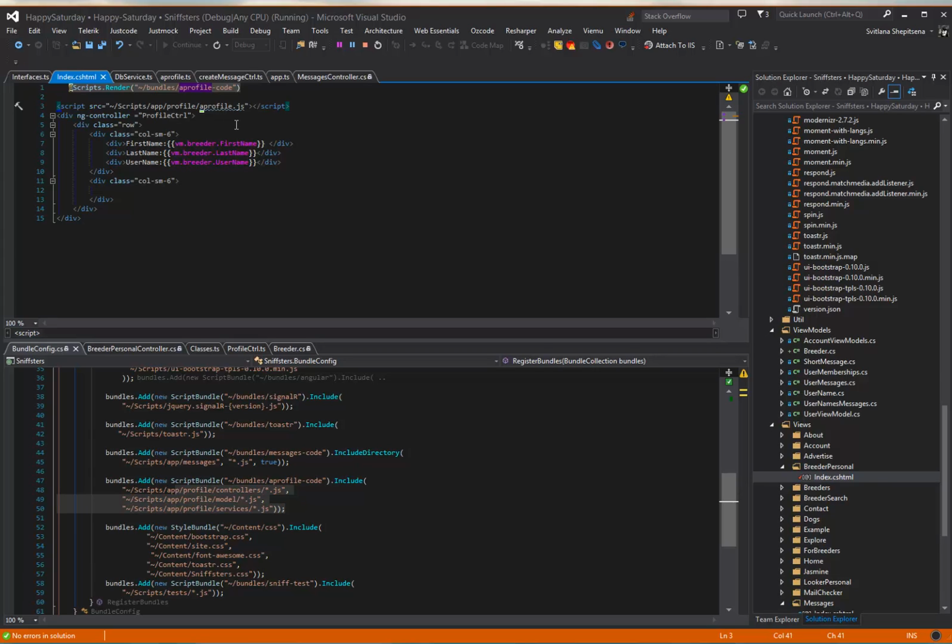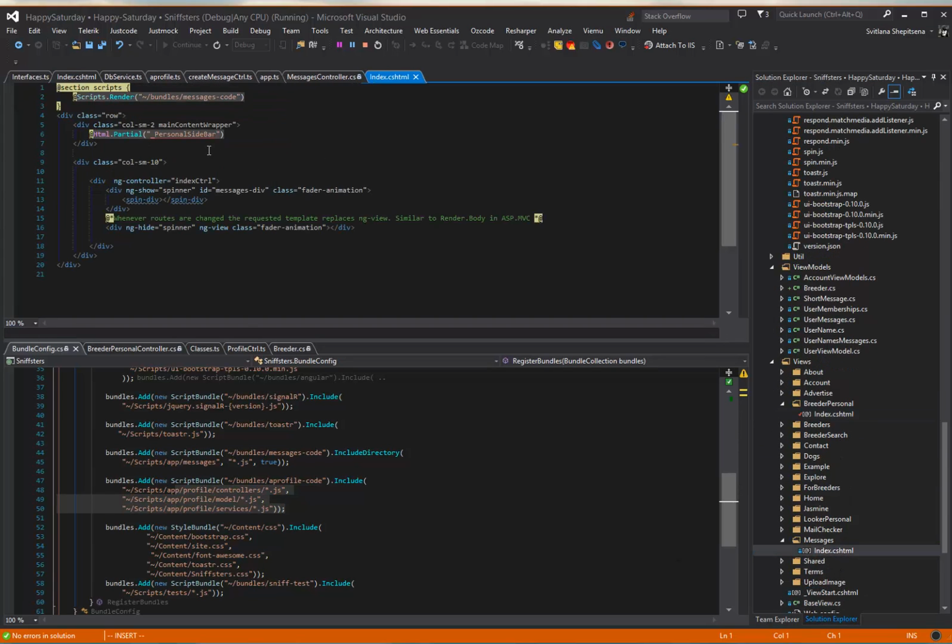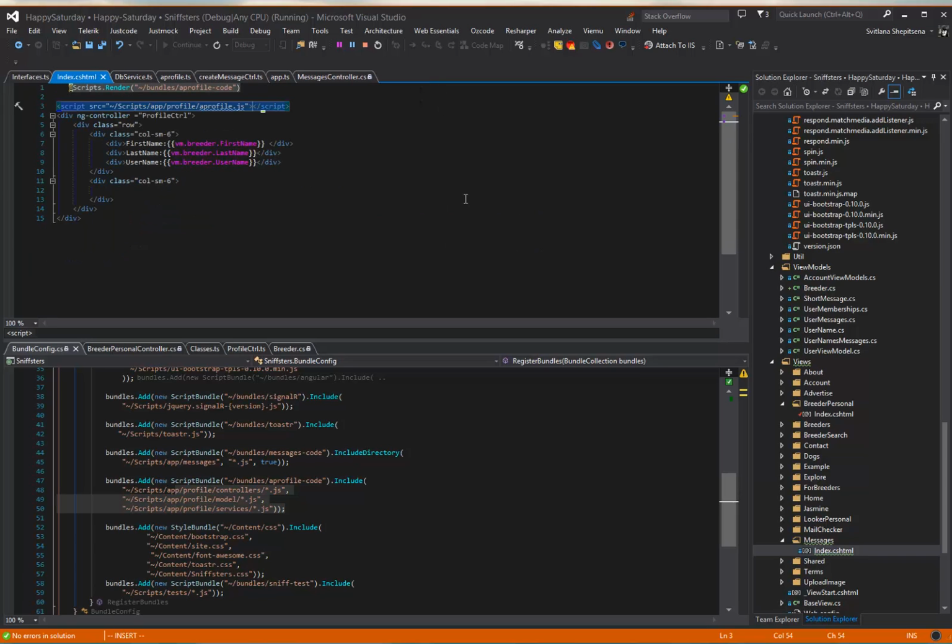Okay, we created this, and if we compare to our index in messages that we did before, we also have our bundle messages code, and here we use section scripts for our bundle, because we render only the bundle in this index folder. I will close it,